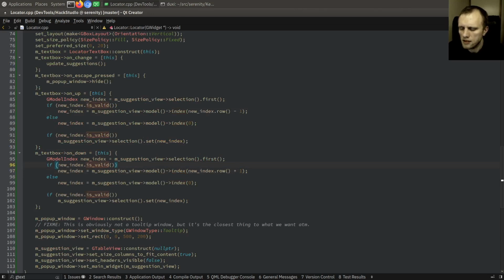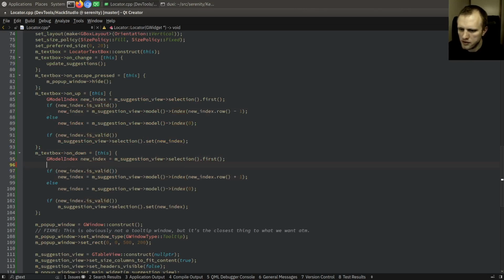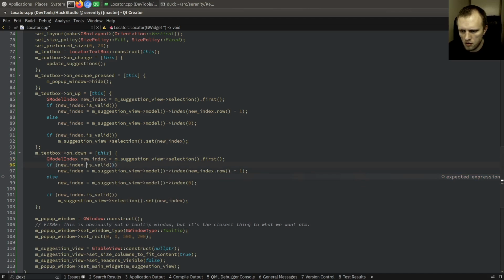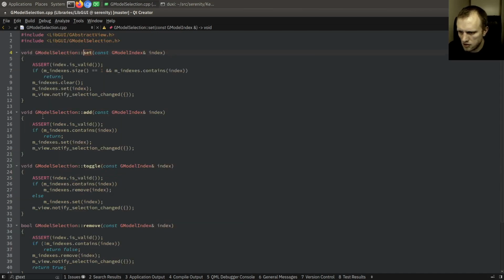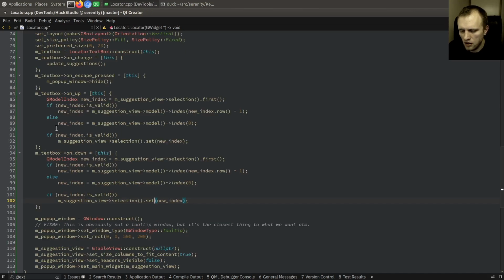So instead, how does this normally work? Suggestion view model is valid. You can ask is valid index, right? So selection set. Okay, let's just leave this alone for now. I don't want to get into hacking on QModel at the moment. So we can just ignore this bug, and